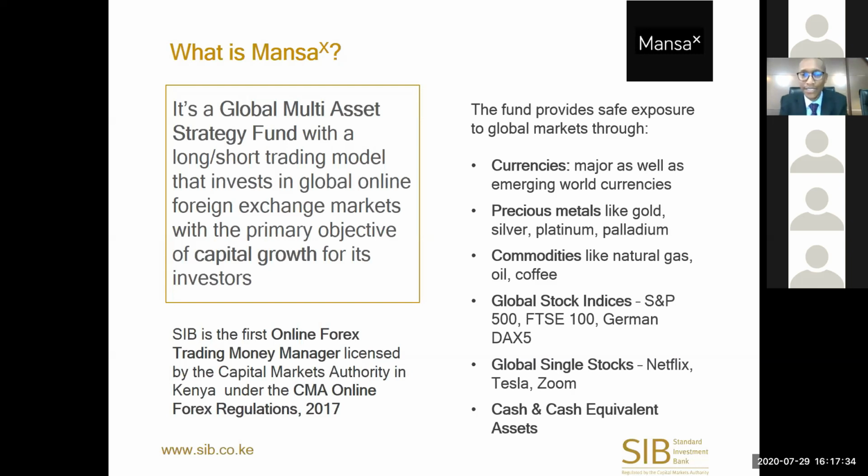So what are the asset classes that we give our clients exposure to? The asset classes that we trade, we categorize in six groups. The first one being currencies. We're able to trade and give our clients exposure to all the world's major currencies, at least most of them. And we also trade in precious metals like gold, silver, platinum, and palladium. And later on, I'll explain why this is important. We also trade in commodities like natural gas, oil, coffee, corn, and this is also very unique to the fund.